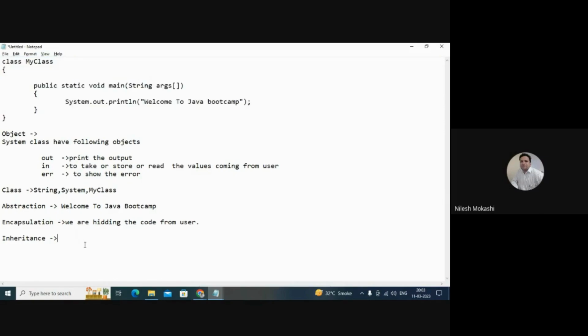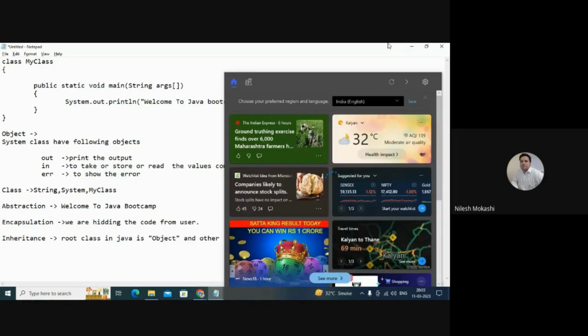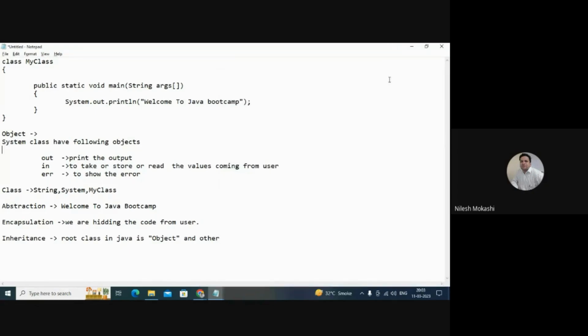Now I'll tell you what happens: the root class in Java is Object. Other classes like System and String are inherited from the Object class.